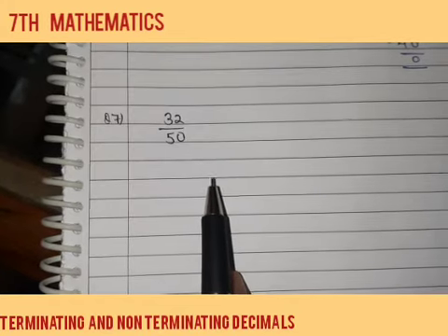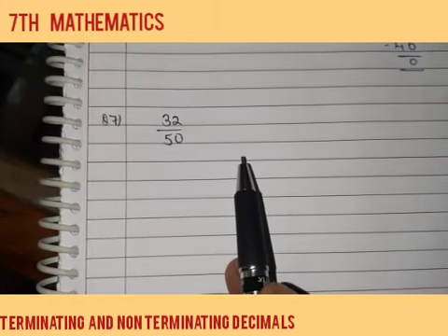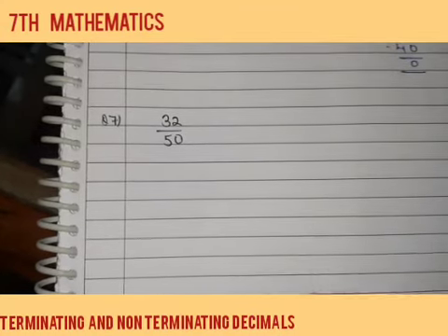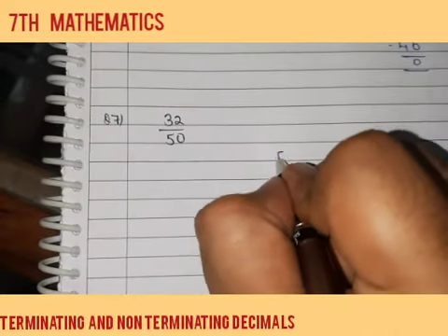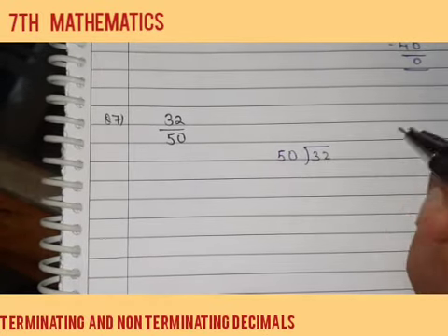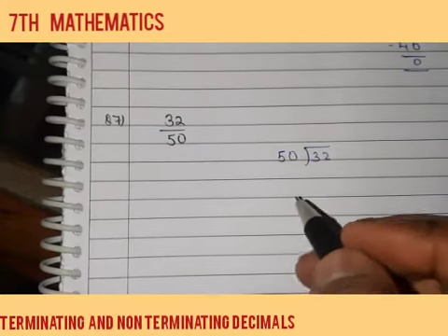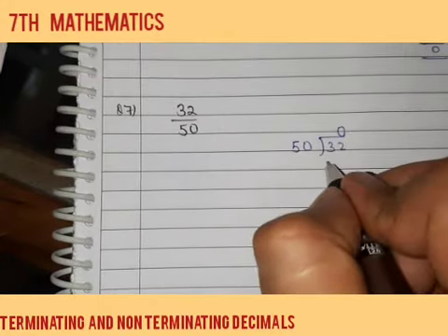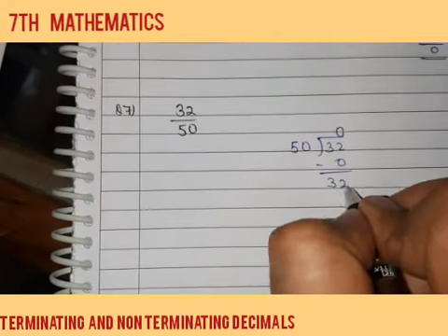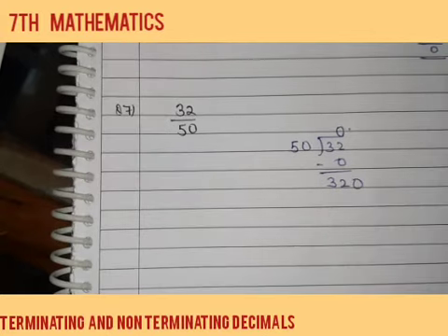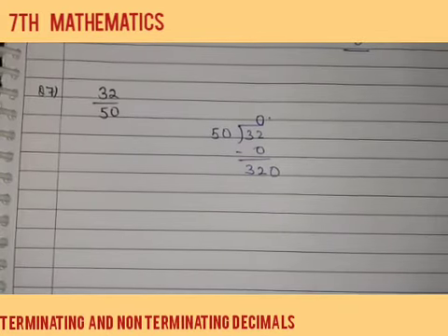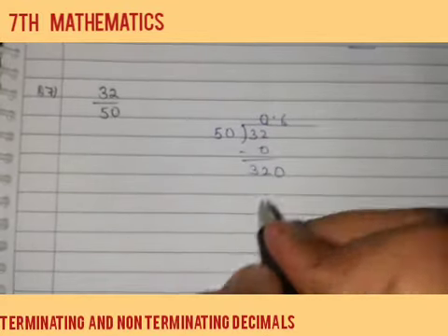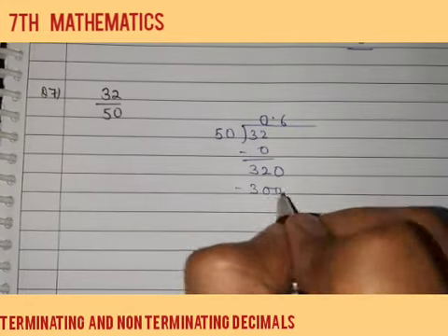If in the remainder it comes 0, it is a definite decimal. If it does not come to 0, it is not a definite decimal. Like let's see 32 upon 50. So we can write it like this. Now we will do it directly. This number is smaller, so again for 0 time it will be 32. We will put a decimal, increase its value. Now we know 50 into 6 will be 300.